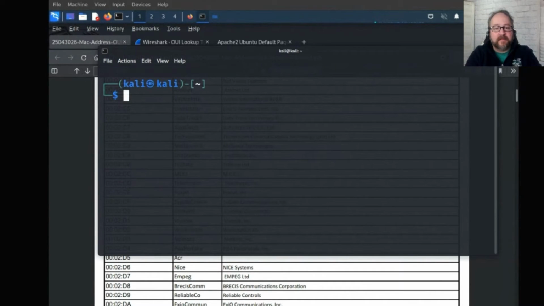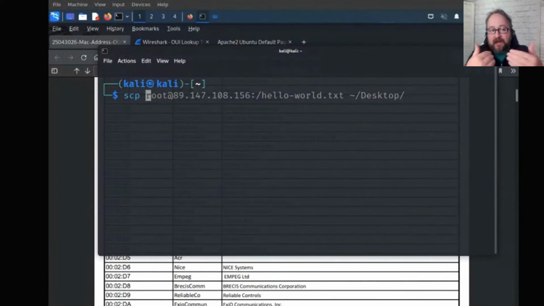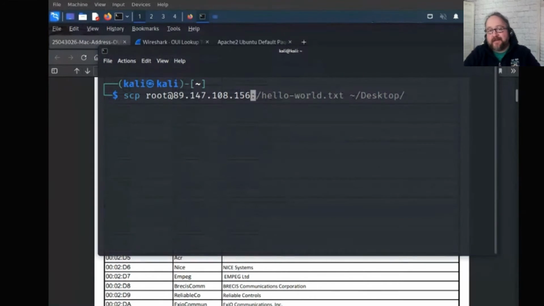Okay, let's clear this. Now, we use this as well in the scavenger hunt. This is sort of an easy way to download a file. Now that we know that this machine exists, we know there's a file called hello world on it. How do we get that file onto our local machine from the remote server very easily? Well, we can use something called SCP, which actually uses that secure tunnel, but it's sort of a discouraged way of doing things these days. But it does work, and in most cases it will work for you, especially if you break into some machine, right? We're going to do SCP space root at